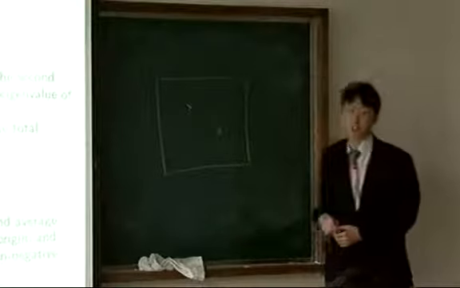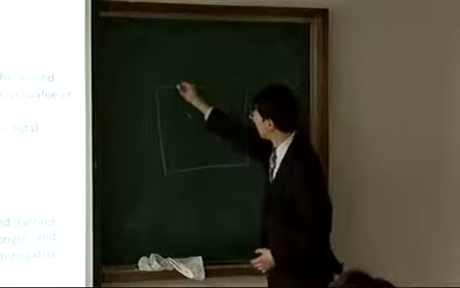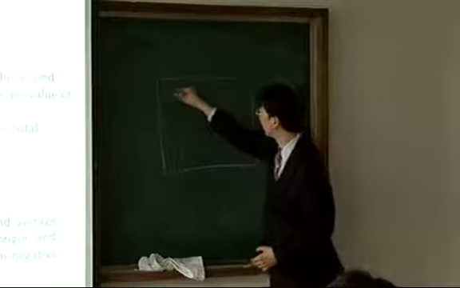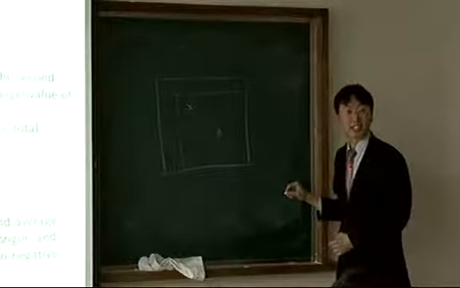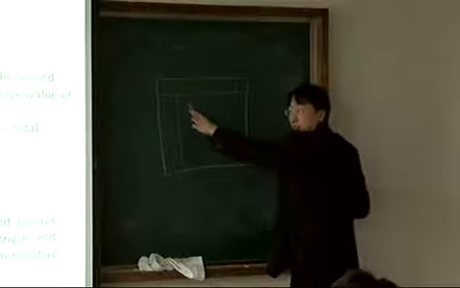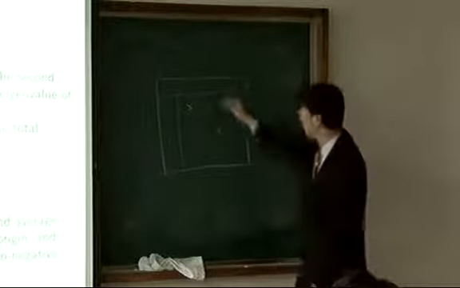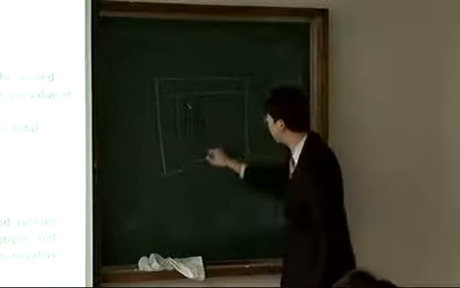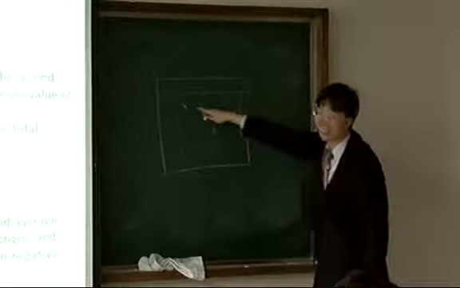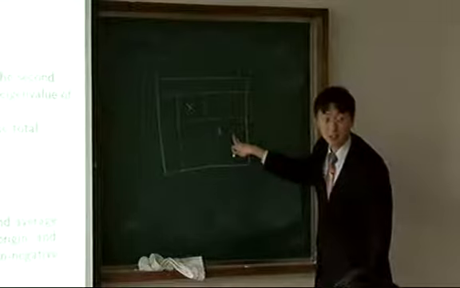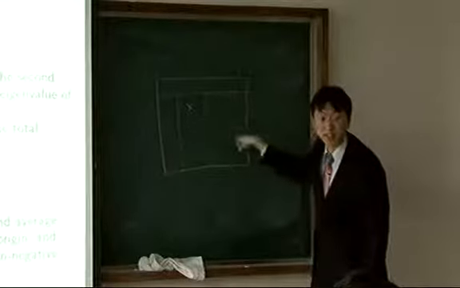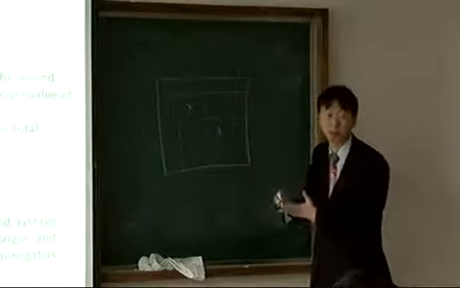If you consider these two particles, then if you cut this box into cells like this, then we need to count the interaction between this particle and this particle. If our grid division is like this, then they are in different boxes. So we should not count this for the calculation purpose.